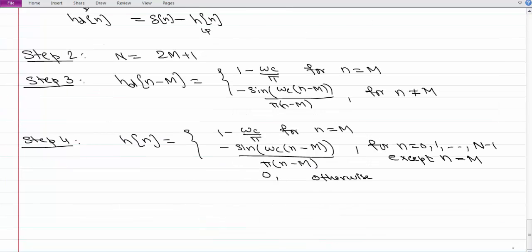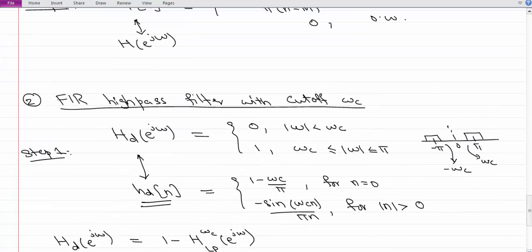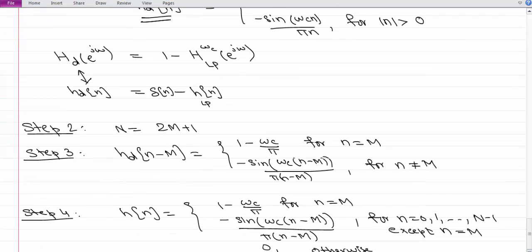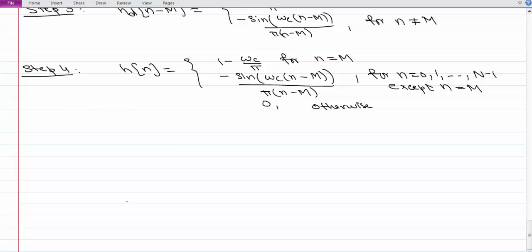So the same 4 steps you always follow, and the major challenge you always have is simply computing the impulse response of the filter that you are interested in. Okay. So after this example, I'm not going to carry out steps 2, 3, and 4 because they just work trivially the same way. The third example is FIR band pass filter